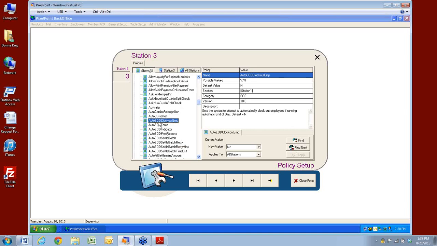So everything you do, this is all the different policy settings that can affect how auto end of day acts. Great, you turned it on, but how does it function? Do I want it to clock out the employees? Do I want to force it? So even if I have an open check,